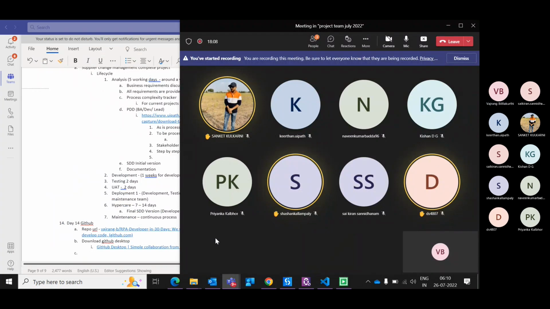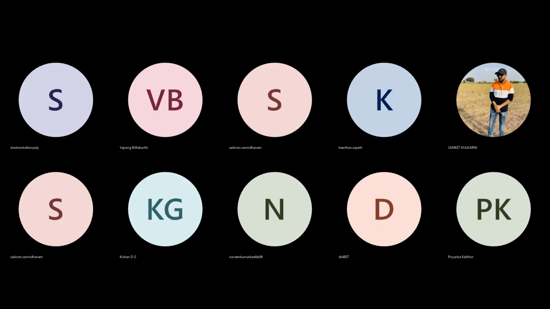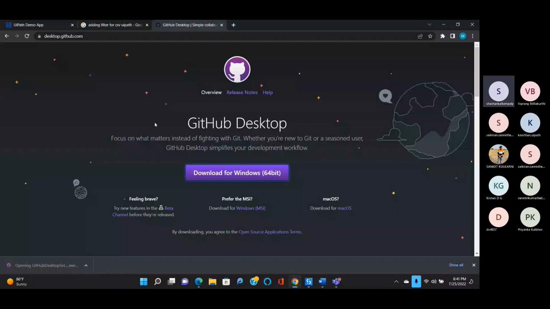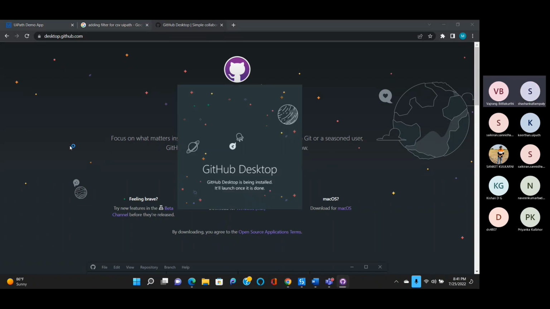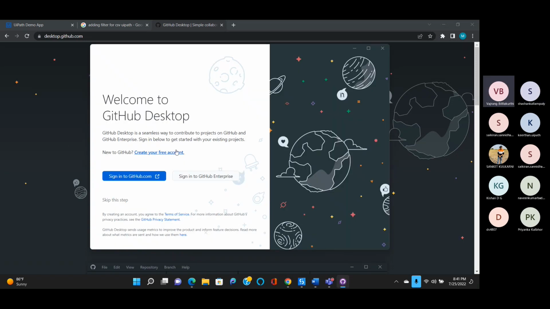Who's sharing the screen? Vajrang, let me share my screen. I usually use the GitHub web application, not the desktop application. So for the ease of everyone, we'll use GitHub Desktop, for everyone to visually see what is what. Even if you know everything, that's fine. So just after